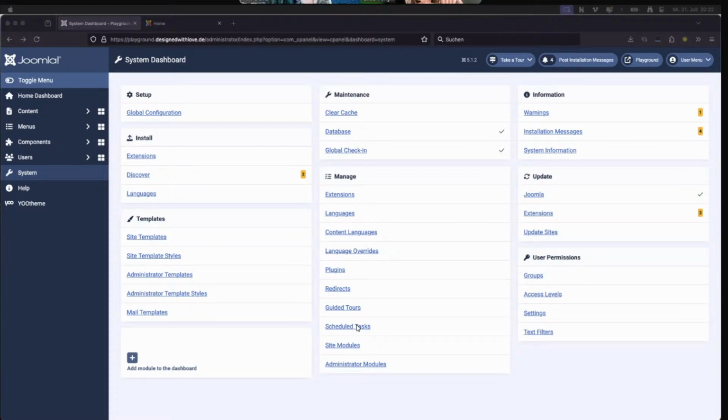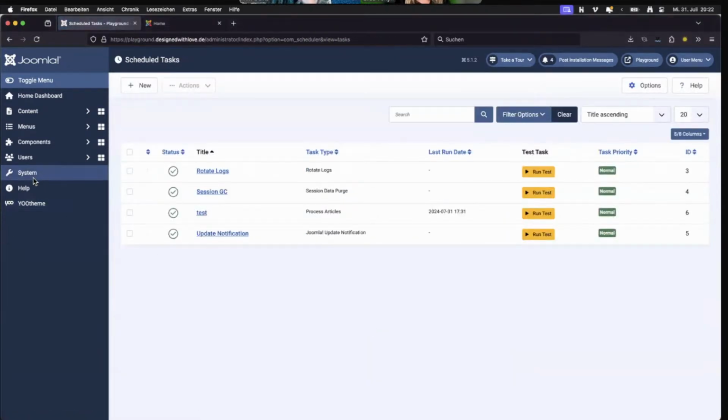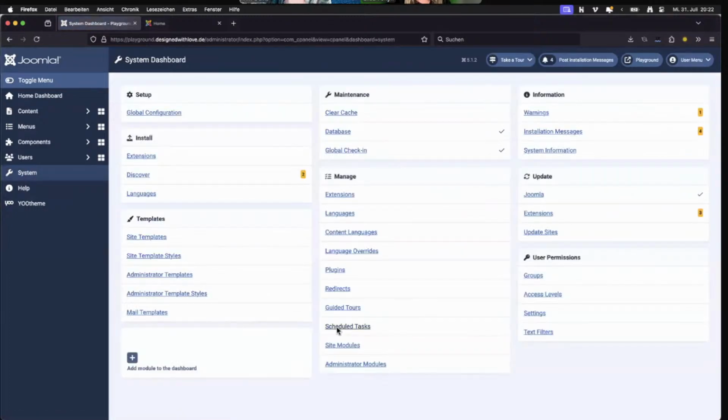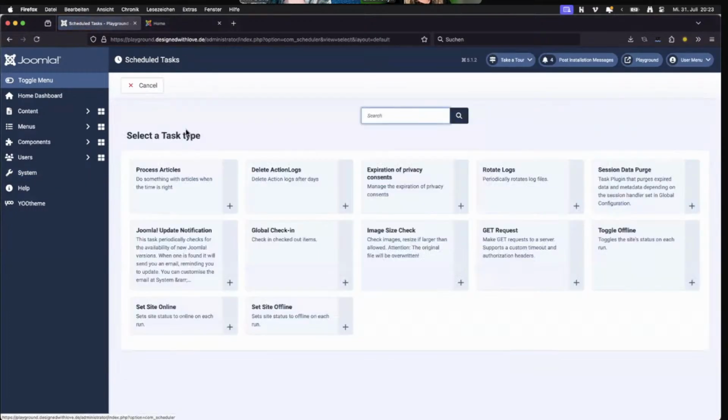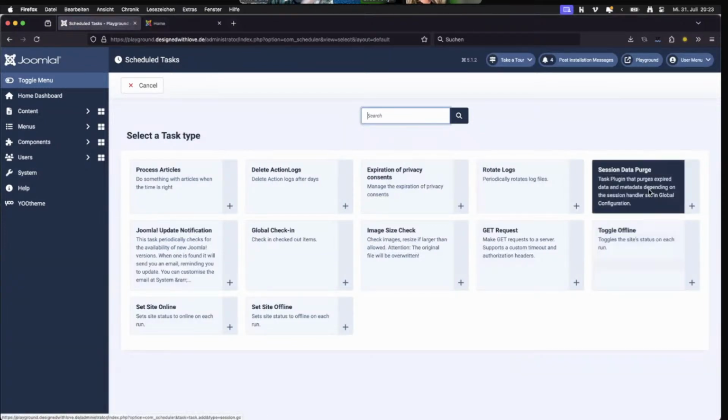And that's very good for automation. So let's look into the scheduled task. You find it in System, here in the middle at the bottom. And there are some core scheduled tasks, for example,